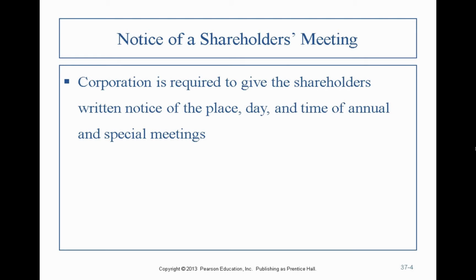And it's basically telling you this is the time, this is the place, this is where the meeting is, and this is what's on the agenda. If you want to know more, click here, go to this website or whatever, right? But you can't vote on something if you haven't been given the tools and the information in order to do that in an informed manner. So that is a requirement under state and federal law that the corporation has to provide its shareholders that notice